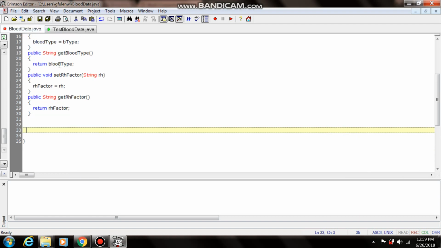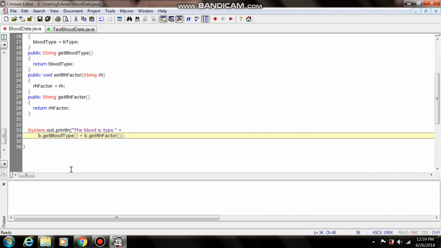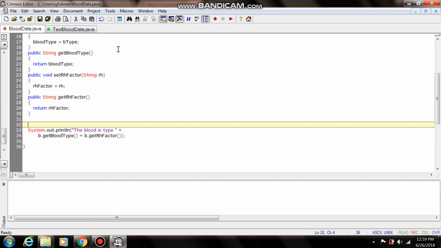I would have to do my toString, which would be public. Here I'm returning something, so I'd have to return a string. It's called toString, so I can override Java's. I do not have to send it any data,